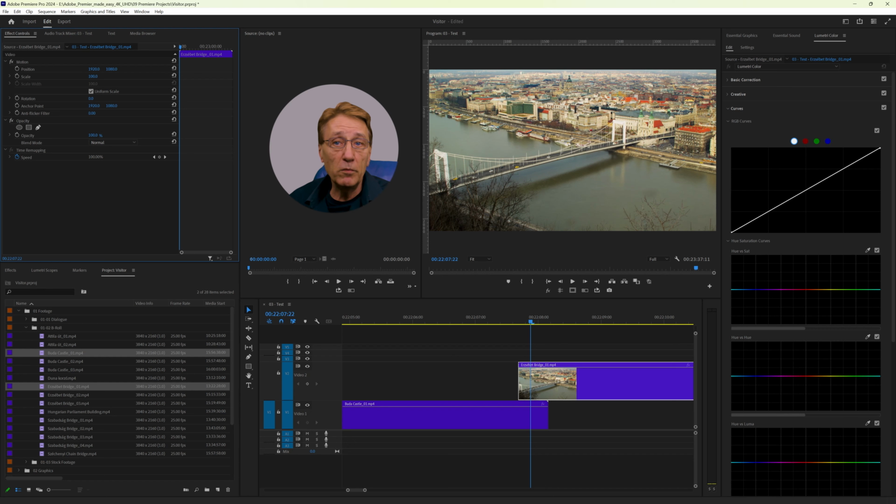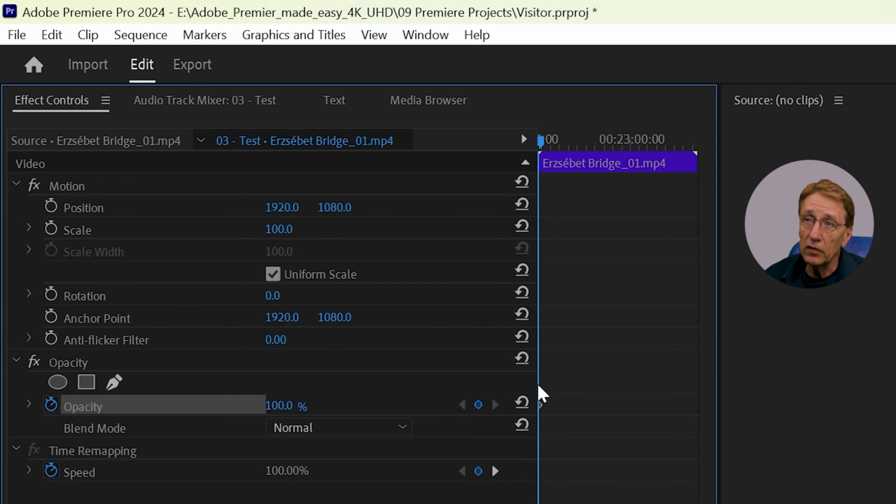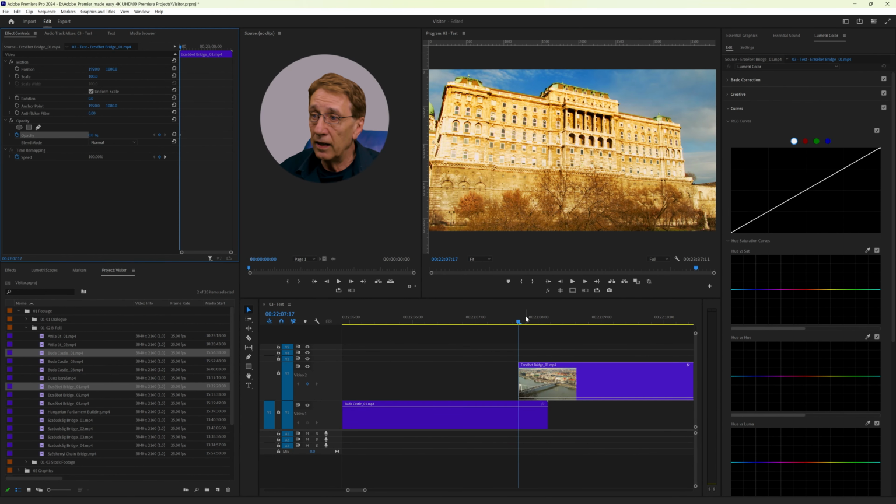A keyframe is a frame that marks the beginning or end of a change to a parameter. So here at the beginning of this clip, I go to my Effect Controls, and you see this stopwatch symbol, toggle animation. I click on it, and when I click on it, it creates a keyframe. It's hard to see because it's on the first frame on the very left side here. And now I can set my opacity to 0%. And now I'm jumping to the end of my transition.